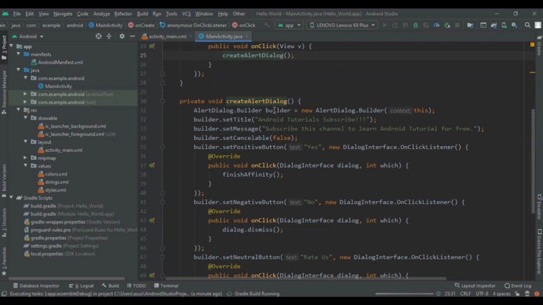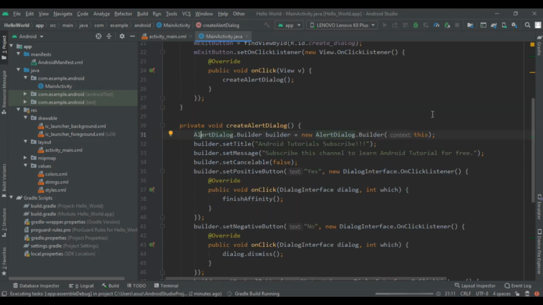So this method creates an alert dialog and shows it. So first of all, to create the alert dialog we had made AlertDialog.Builder is equal to new AlertDialog.Builder and passed our context to this.